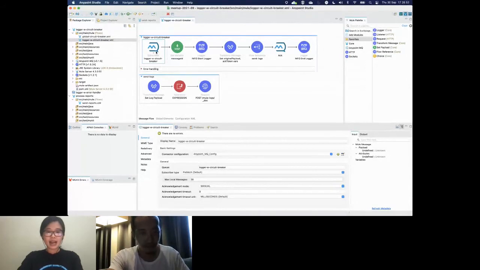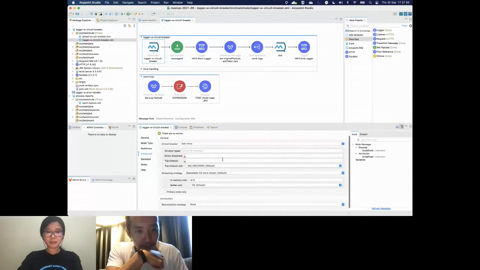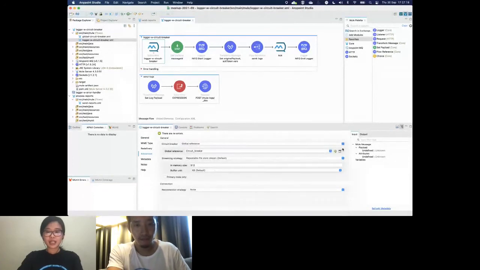Instead, we have this advanced configuration where we are referencing a global config of the MQ circuit breaker. You can also set a separate circuit breaker per subscriber if you want to further customize how you are setting up the circuit breaker. But in this case, we will be using a global config.